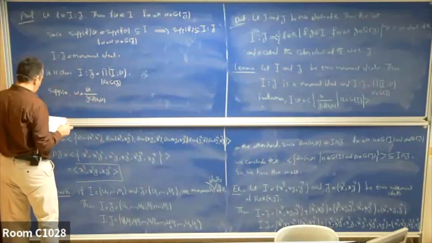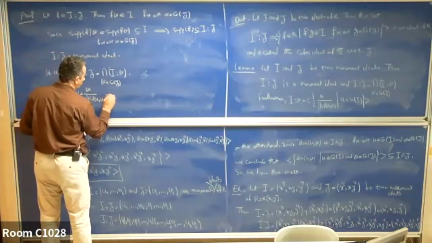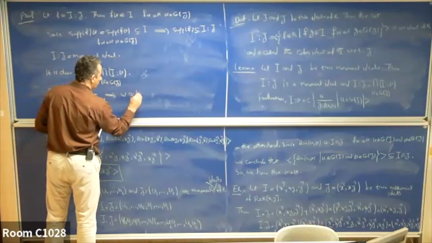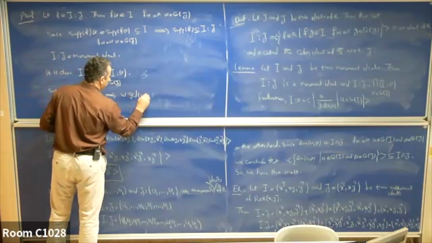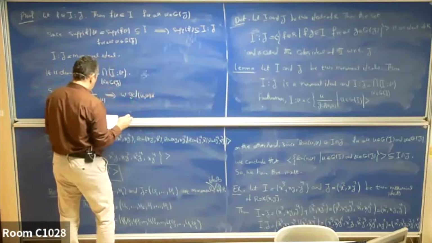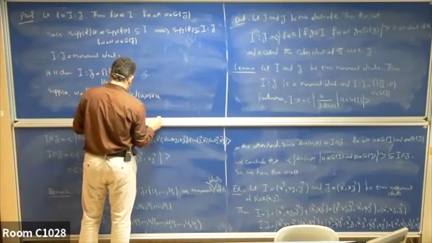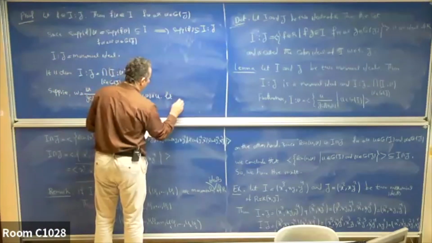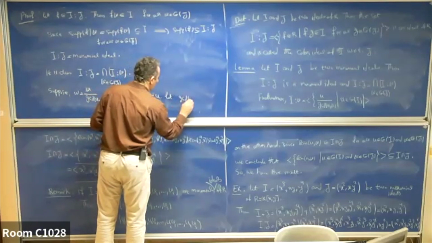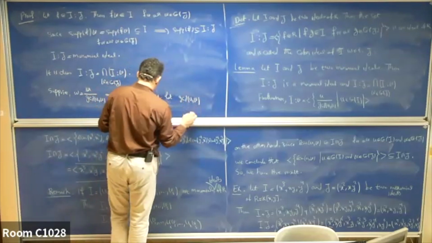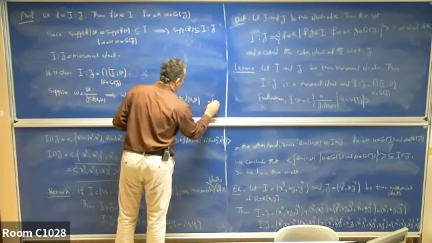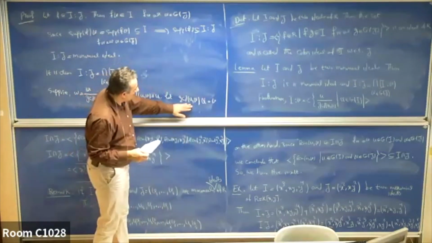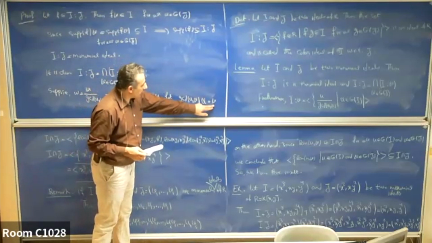Suppose w is equal to this, then w multiplied by GCD of u and v is equal to u, and let GCD of u and v be equal to v times alpha. This alpha exists because GCD divides v, and so there exists alpha